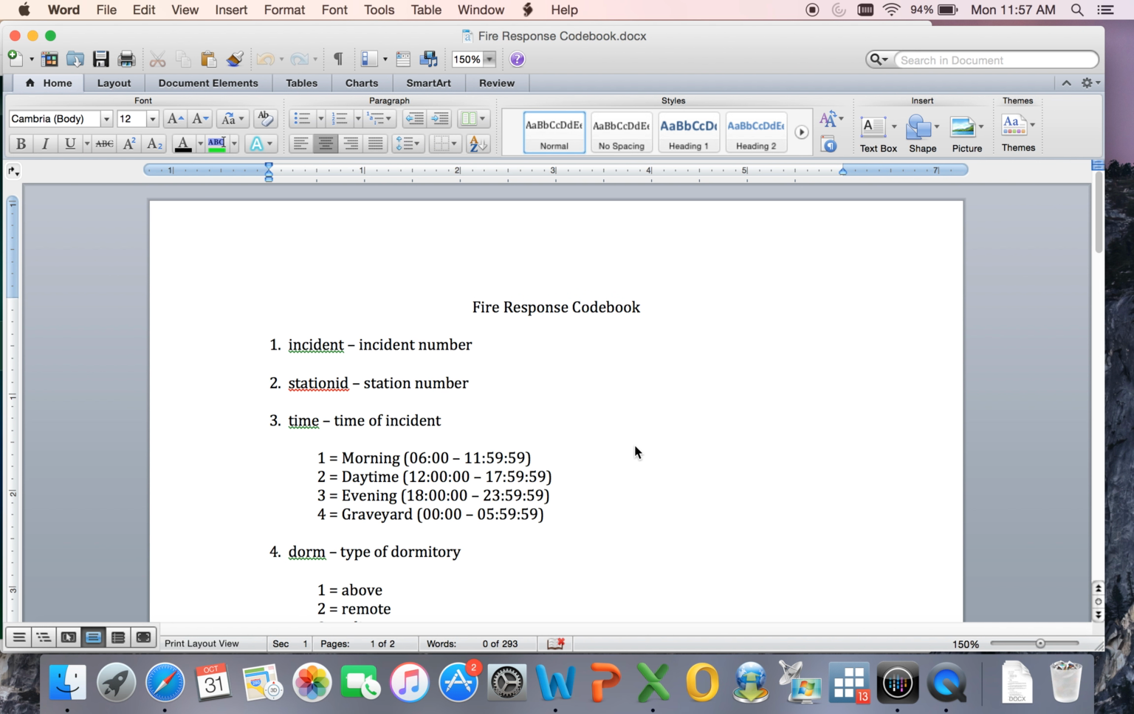I had downloaded it to my computer. This is what a typical codebook will look like. This is a data set of El Paso Fire Department emergency responses for a particular year, and all of the variable labels or names that you'll see in the SPSS